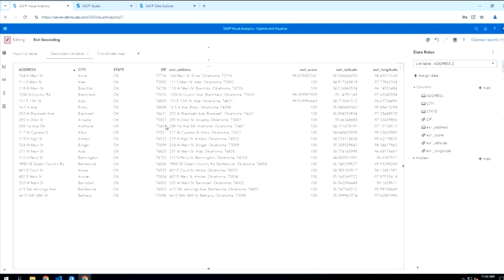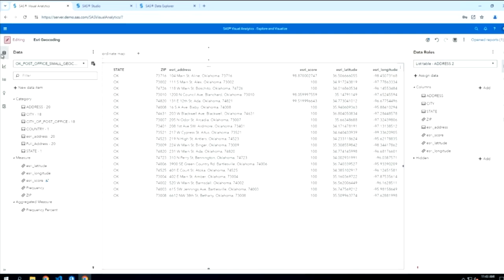really good. So what I'm going to do now is that last step, that goal from geocoding, which is to be able to visualize these addresses on a map. So I can come back to the Data tab, and I can say I want to create a geography data item. So I'm going to take that input data, and I'm going to change its classification to geography.